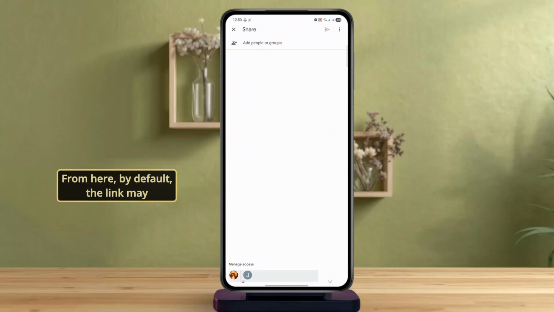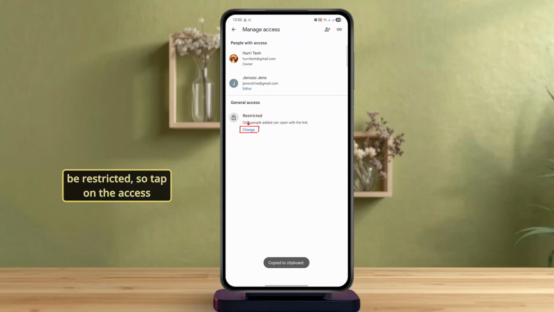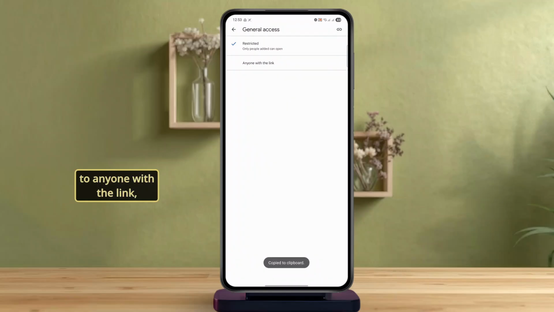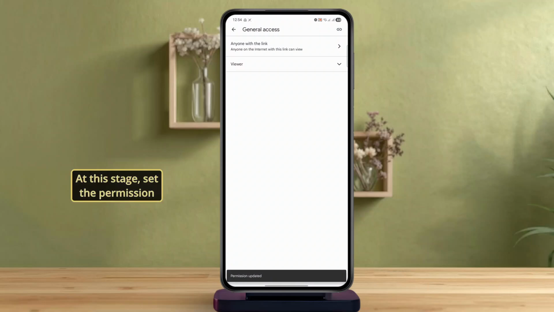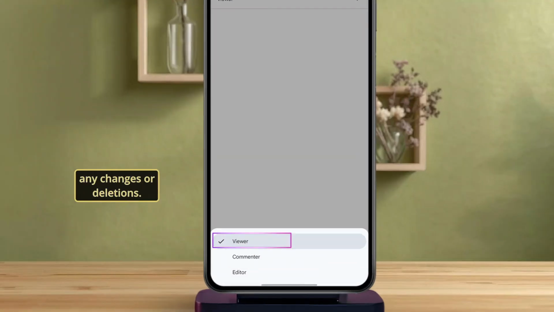From here, by default, the link may be restricted, so tap on the Access settings and change it to Anyone with the link so the recipient can open it without needing to be signed into a Google account. At this stage, set the permission to Viewer so they can see the photos but cannot make any changes or